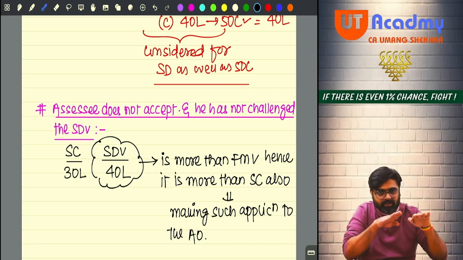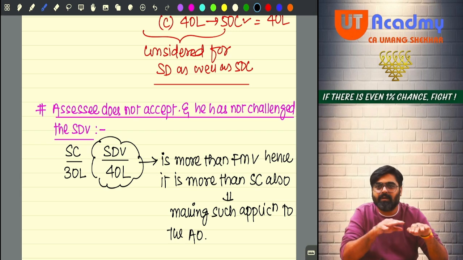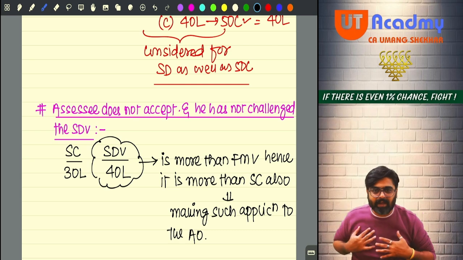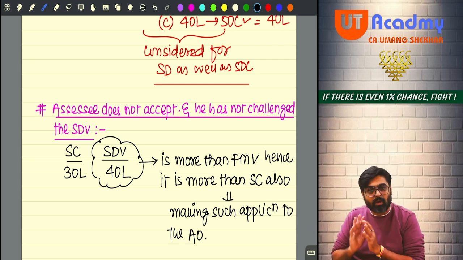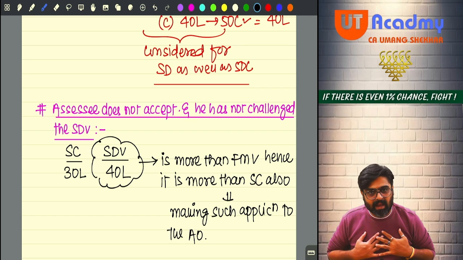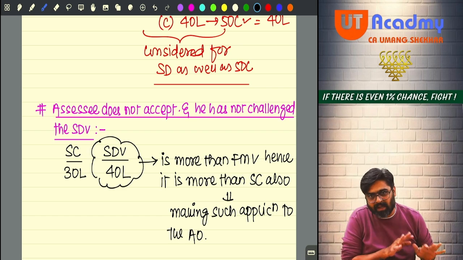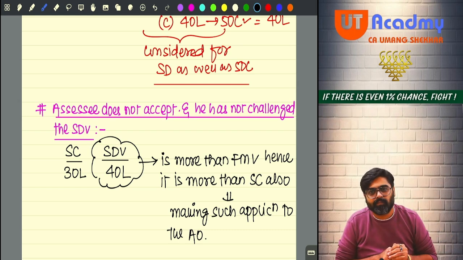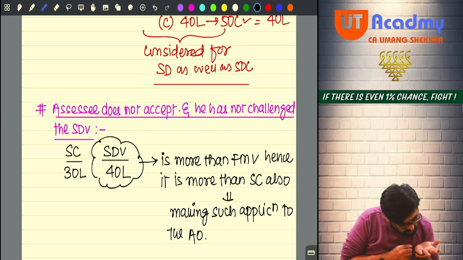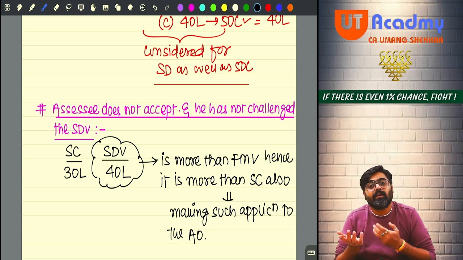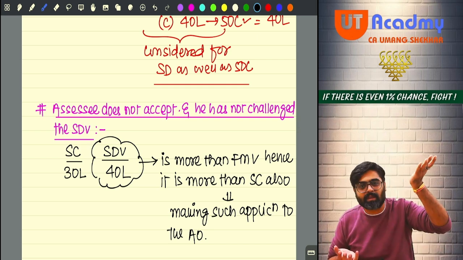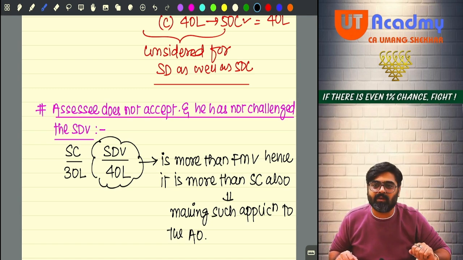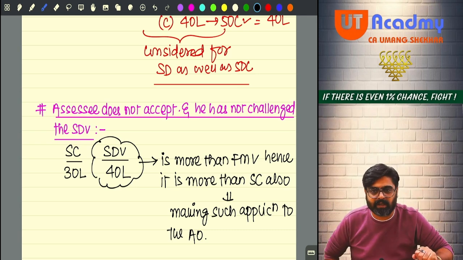I will get the sale consideration based on the market value, an amount which is equal to or near the market value. So according to the market, my property's market value is lower than the stamp duty value, and as per the market value only I am getting the sale consideration. If my fair market value is lower than the stamp duty value, my sale consideration has to be lower than the stamp duty value. Why don't you understand this simple logic?